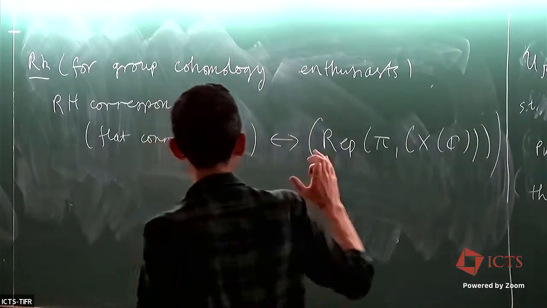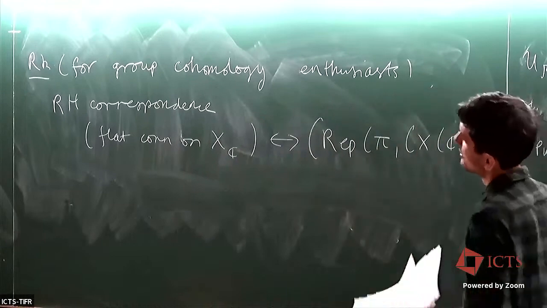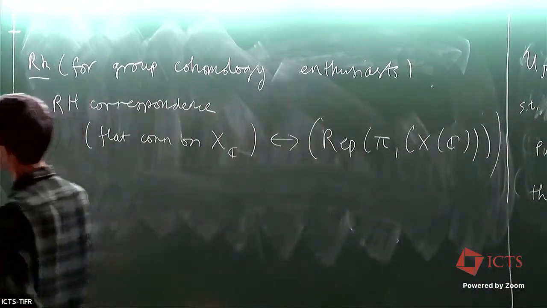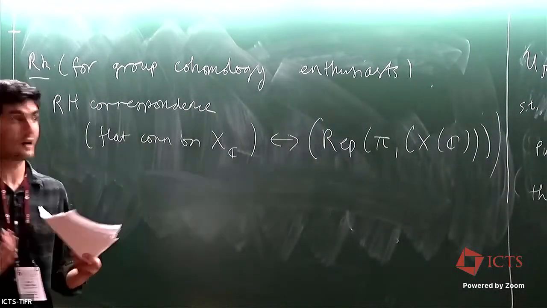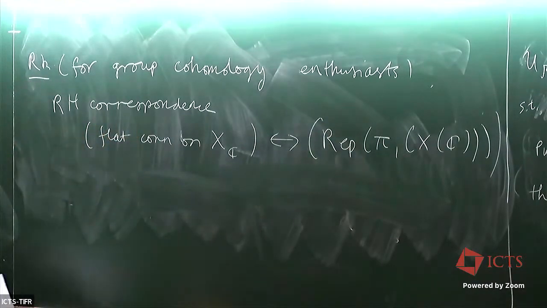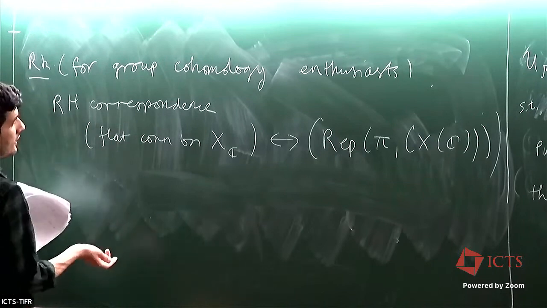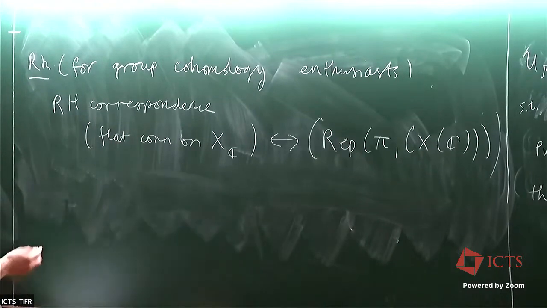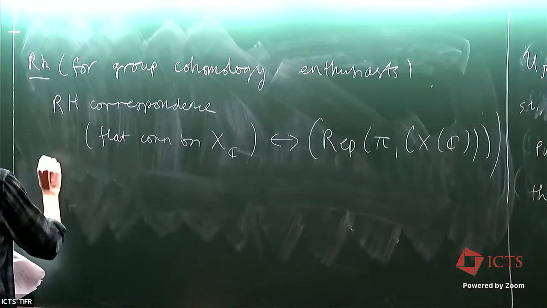So you could plug in this equivalence of categories into this question, and then this becomes a question about representations of the fundamental group. And then the question becomes: suppose you have two characters, i.e. abelian representations,